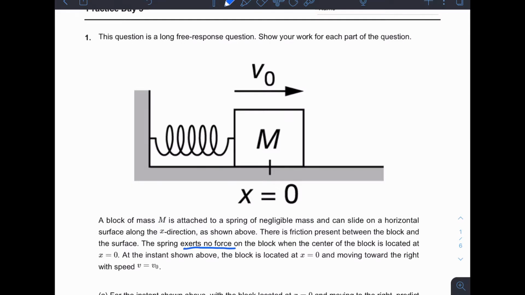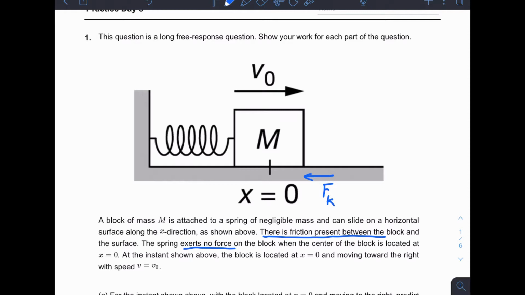So that means it is at the mid position of its equilibrium and its motion as it goes back and forth on this. There is friction. This is not a frictionless situation, so the friction has to be accounted for. So that means if it's going to the right now, there is friction going to the left, and it's a kinetic friction in this case